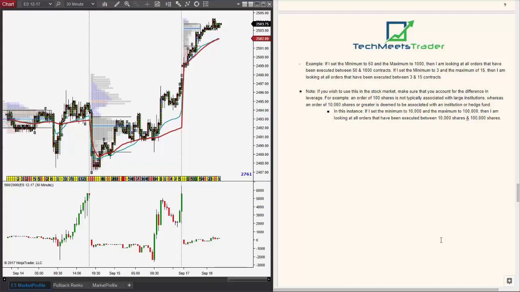And a quick note here: if you wish to use this in the stock market, okay, this indicator is for NinjaTrader 8, but some traders choose to trade with NinjaTrader for stocks. All they do is use the connection from their account and directly connect it to the NinjaTrader platform, and they can see stock data,